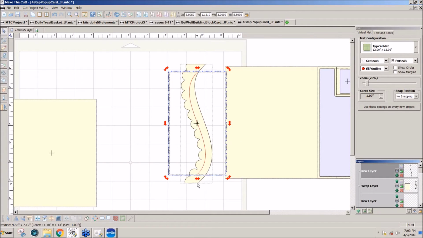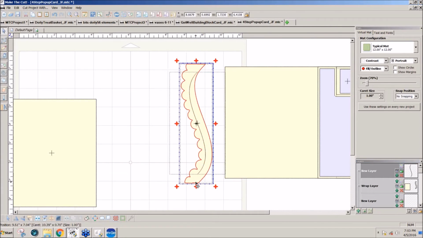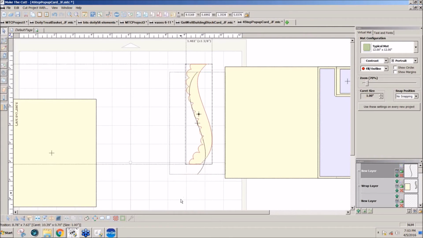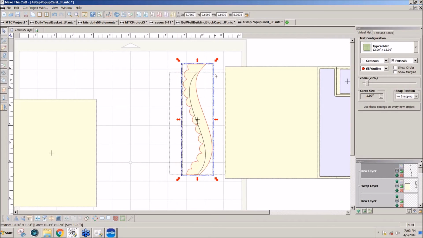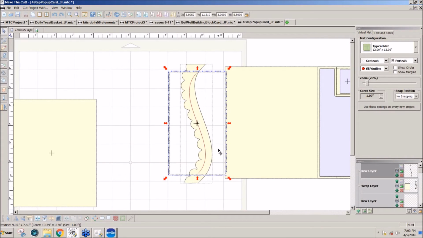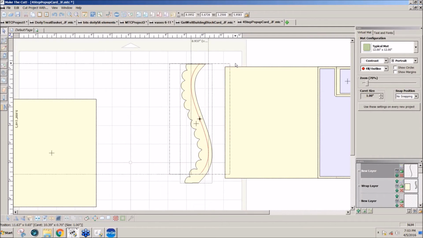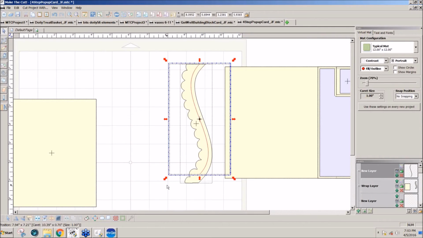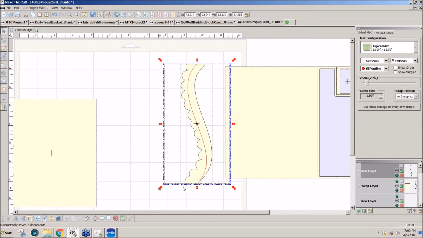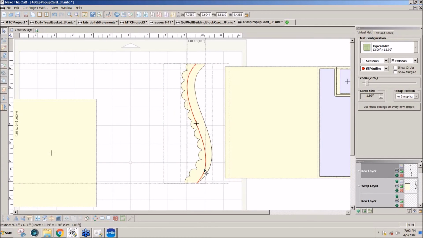Bring it to the top. Okay, make it the same height, so you'll have to make it higher. So no, not that one, the single line. Mm-hmm. Right, now make,